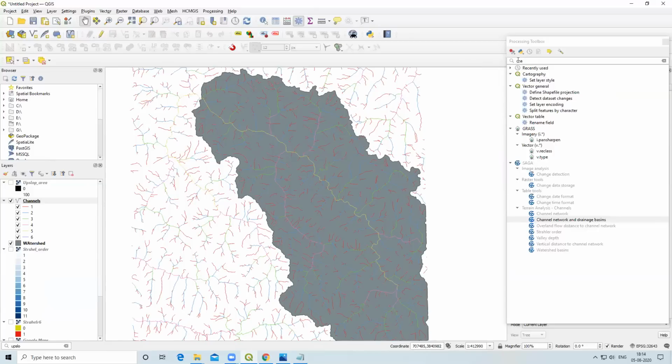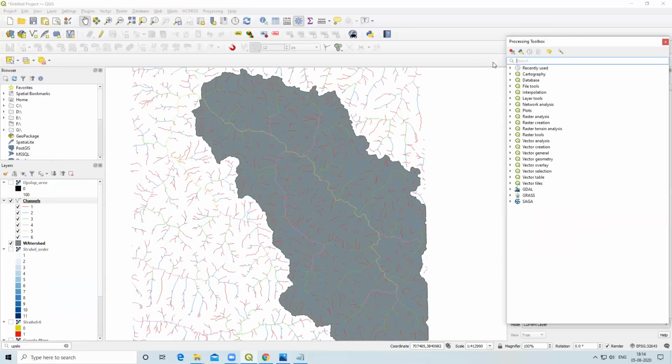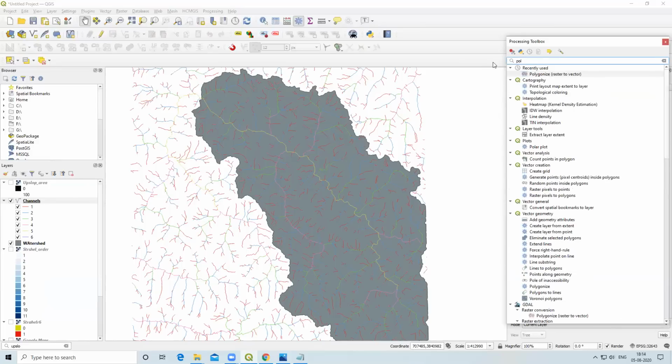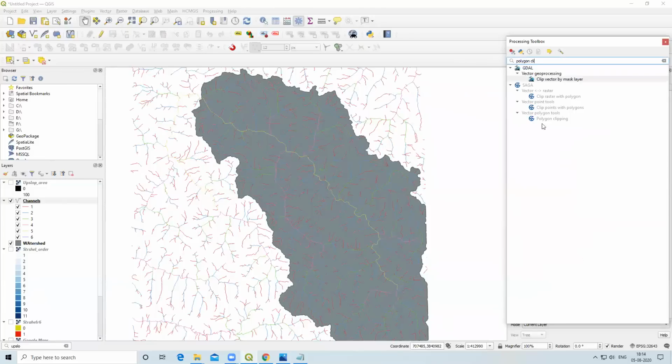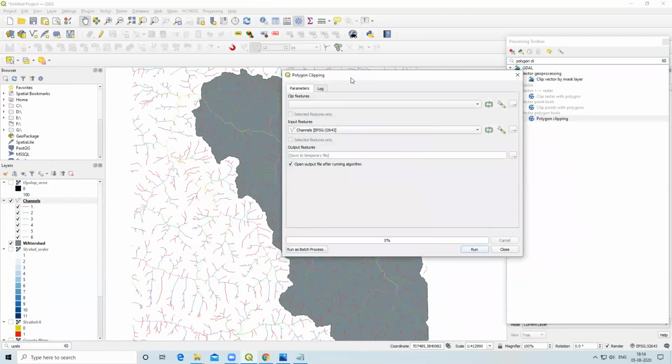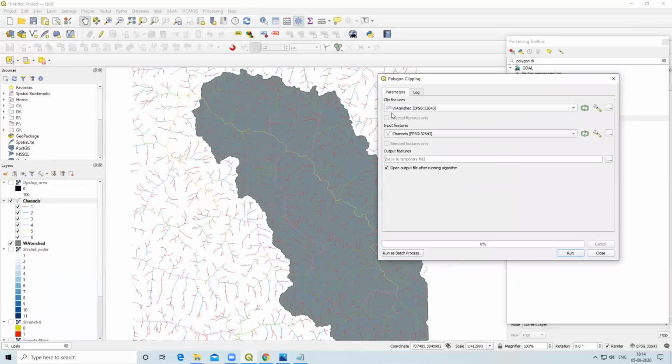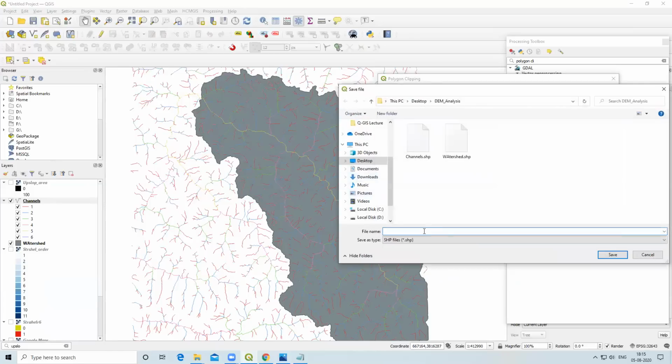To clip this, I will click here on polygon clip. So the polygon clipping option is there. So I'll click on polygon clipping. In clip feature, I will select our watershed, and input feature is our channels, and I will save our final watershed map.